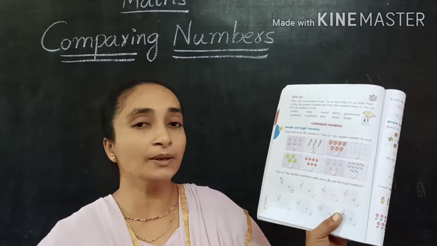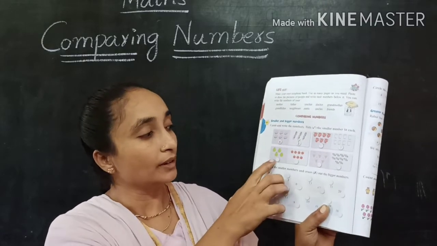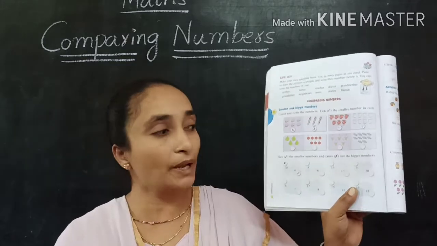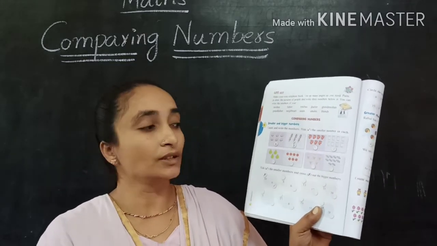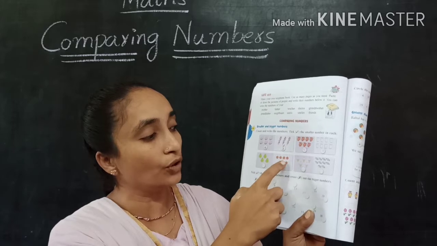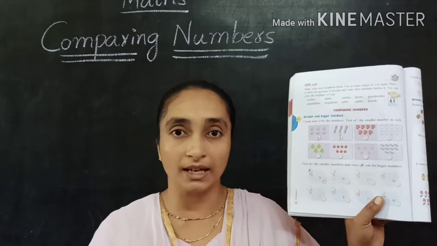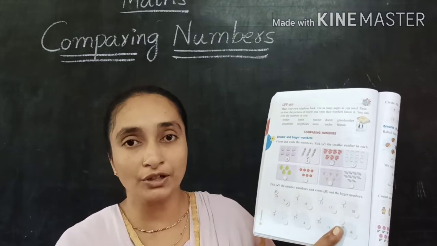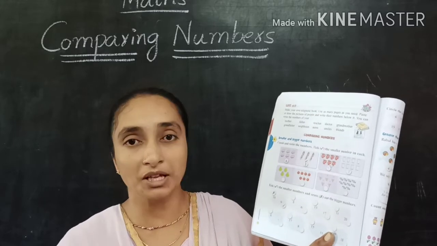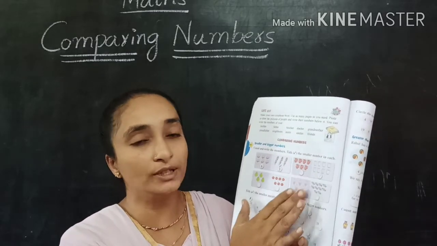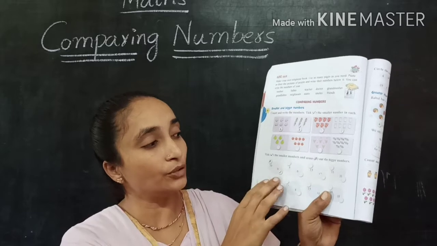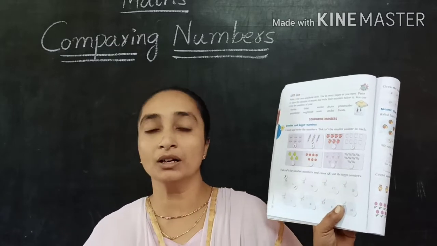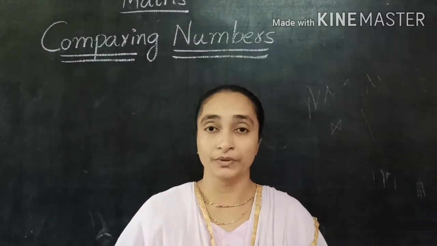Now here we can see the fruits. Here they have given 4 pears. And the cherries are 1, 2, 3, 4, 5, 6, 7. 7 cherries are there. So which is the less one, you have to count and give the tick mark here. Like this you can do this box, children. Here we give the tick to the smaller number and cross out the big number.